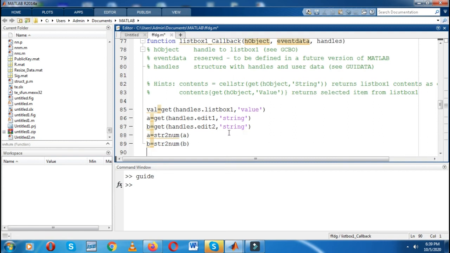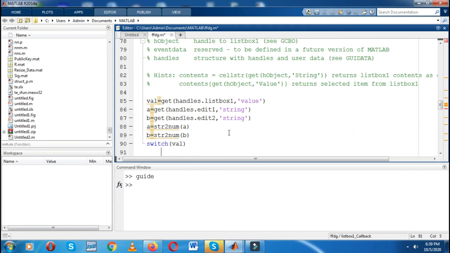Next I have to write a program for the switch function, so I will write switch value. The first case we have already taken, that is select option.